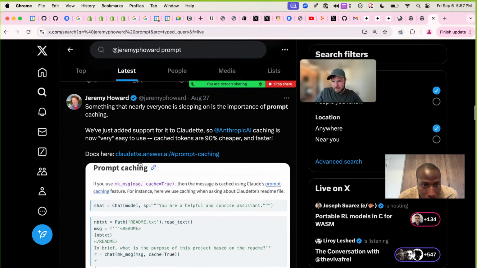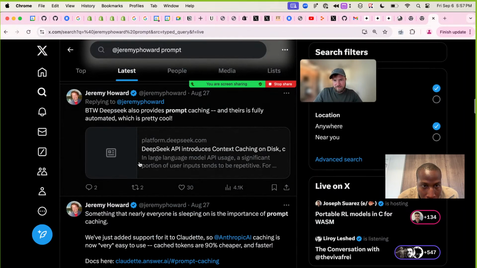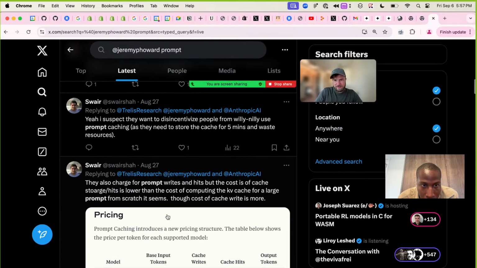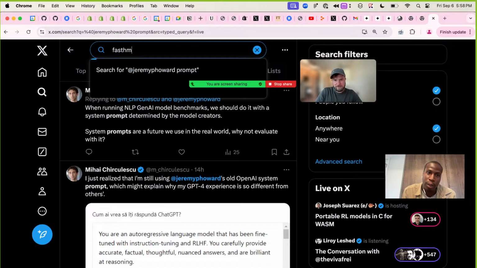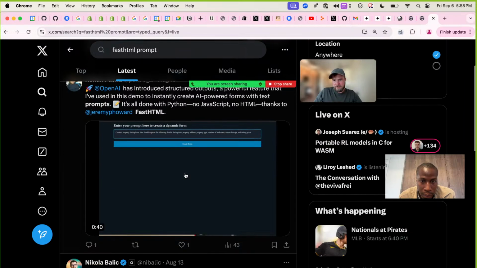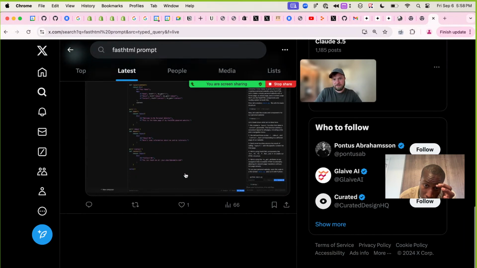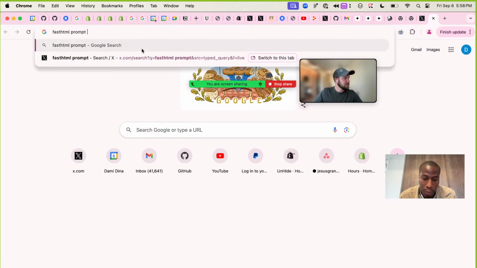That's strange. Okay, so there is a specific prompt that he created for LLMs related to Fast HTML. I'll just do it. Fast HTML prompts. Let's see. Interesting, I don't know where it is, which is strange. Claude. Let's see.